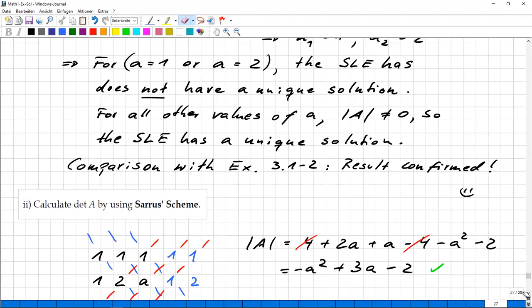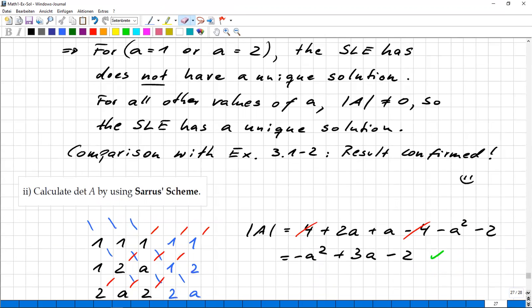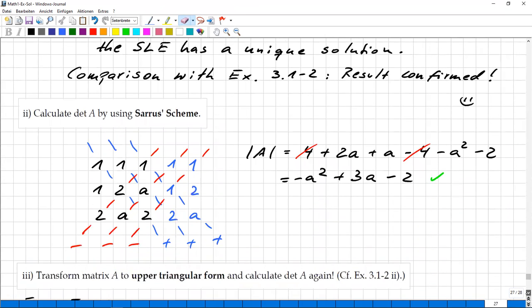But please, if you don't remember, look it up. I don't have the time now to do it. The second method is quite nice. It's called Sarrus's scheme. You may know it. Of course, you know it, but the question is, do you use the same graphical scheme as I do? I don't know. What I do is I put the matrix here, and then I